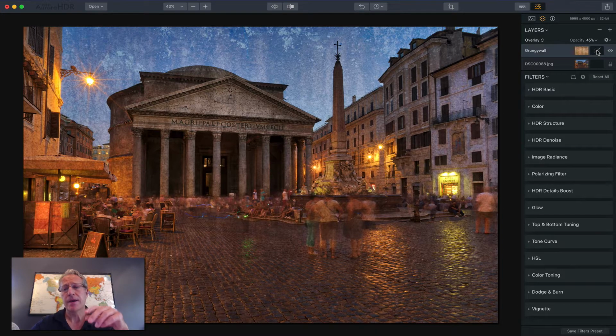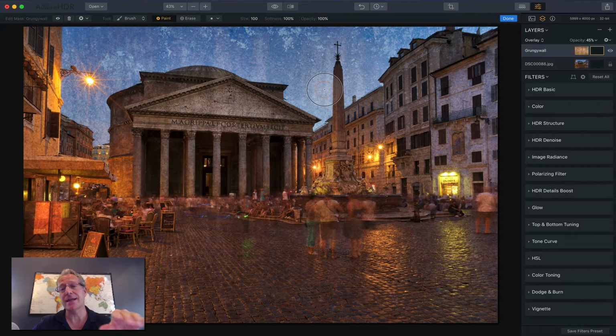So this is where after you've applied your texture, reduce the opacity so you can see it, change the blend mode if you want to. You can leave it at normal if you want. And then once you've done those adjustments, this is where I come in with the brush. Now, I could paint this texture and just paint it into the sky and leave it out of the buildings, but I kind of like it in the buildings. To me, it kind of flows with the photo. So instead, I'm going to go to Erase, and I'm going to take the opacity slider down to, let's say